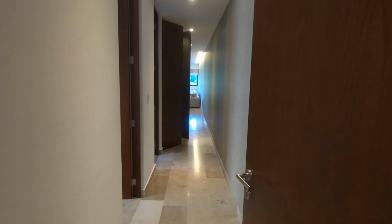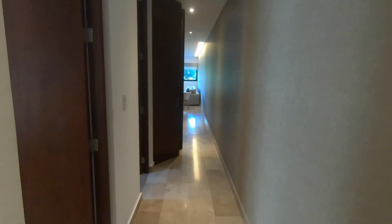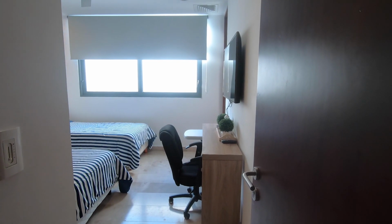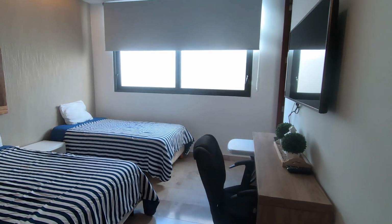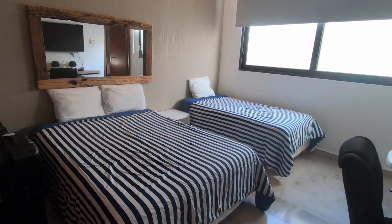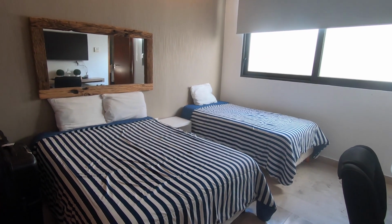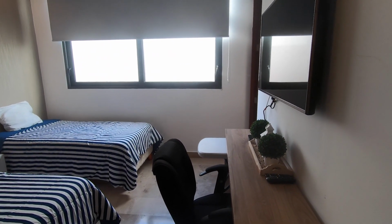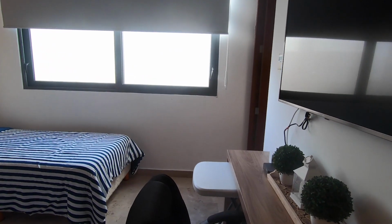All right, we are going to do a walkthrough of a 2-bedroom at CRUZ CON MAR. Now, there are 1-bedroom apartments here and 2-bedroom. Now, this is one of the bedrooms. It looks like we've got maybe a double bed and a single over there. Also a smart TV, and a desk here if you do need to do some work,